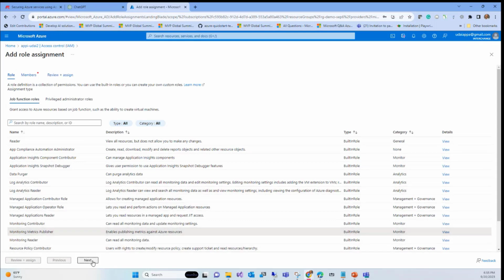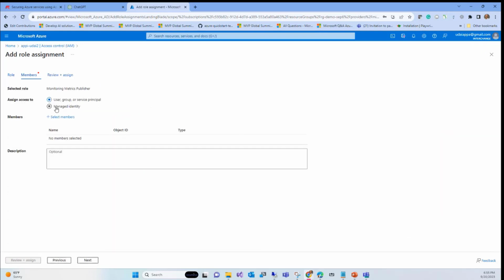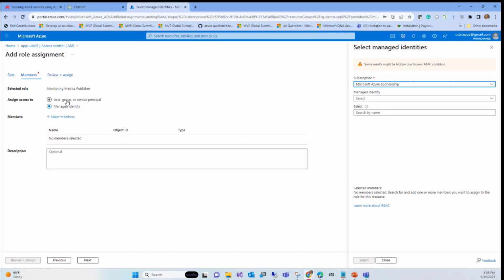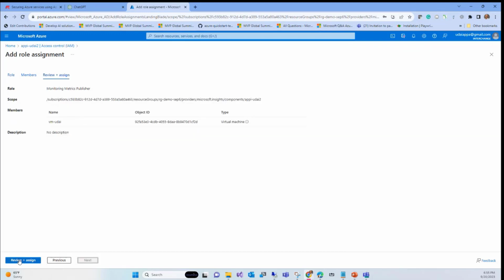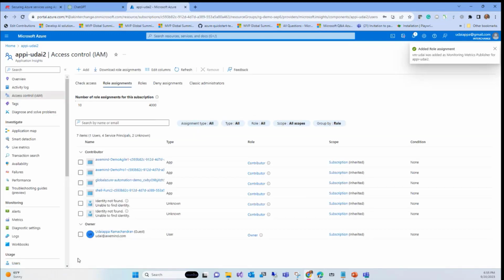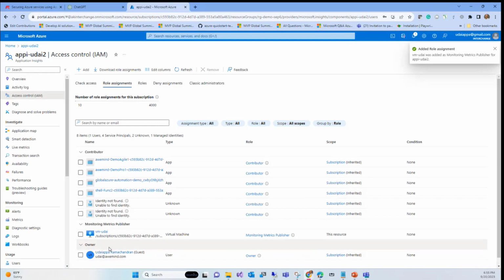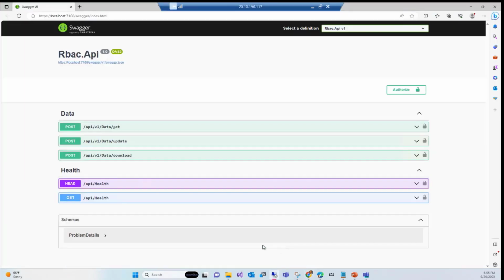Monitoring Metrics Publisher, right? So we go next, managed identity, select members. If you already know the object ID, you can paste it here. But if you select managed identity, it gives you a little drop down, so you don't need to copy all those values. Select, next, review and assign. Okay, it's done. So now we've granted the access, and we're also going to do the code.